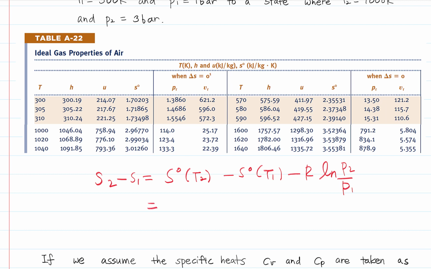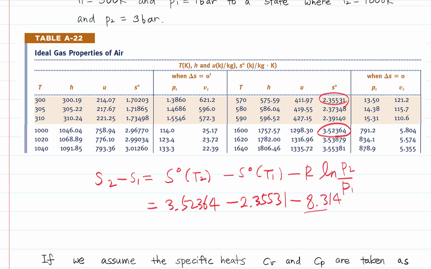So standard entropy at temperature 1000 Kelvin, S degree, is 3.52364. The initial temperature 300 Kelvin, standard entropy 2.35531. Gas constant for air,